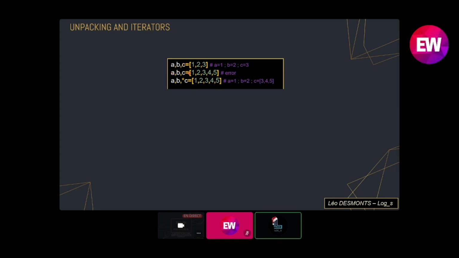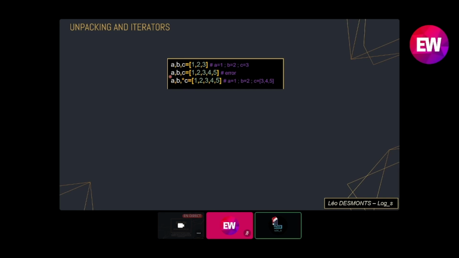Here in the second line, it returns an unpacking error because we have more elements on the right in comparison to the elements on the left of the equation. Python would not know what to do with the 4 and 5 integers here. The workaround is to use a star expression. That's a little bit the tricky part of unpacking. Using a star expression will put 1 in A, and 2 in B, sorry, and every element that remains in the C variable, which is a star expression here.